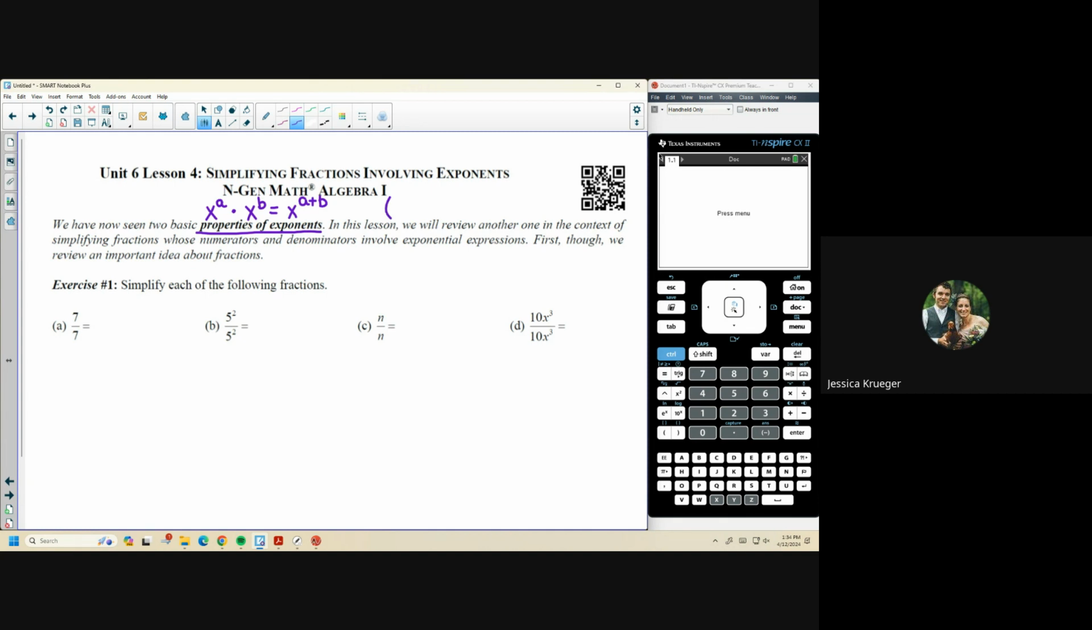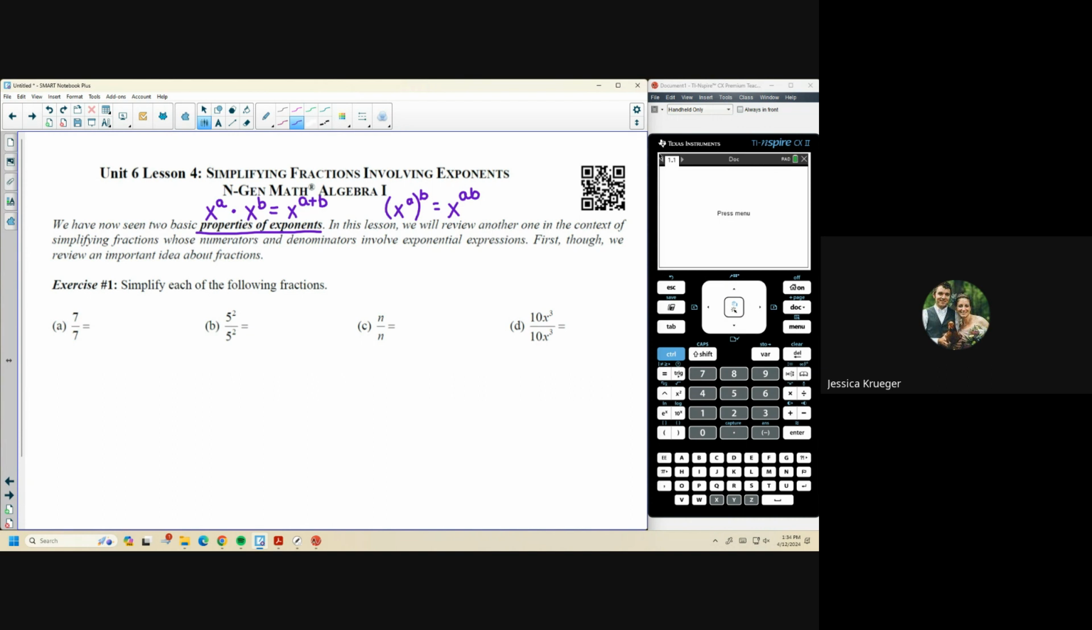The second rule we saw was if you have x to the a raised to the b power, you can keep the base the same and multiply the exponents. That's the power to a power rule. So we've got a rule for when we're multiplying. We've got a rule when we raise something to a power. Today, we're going to work on what we can do with exponents